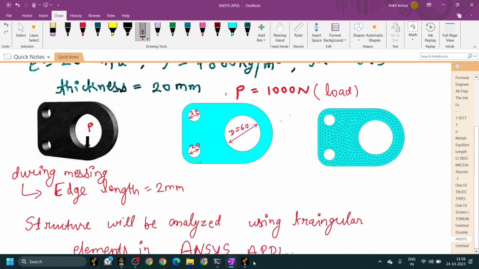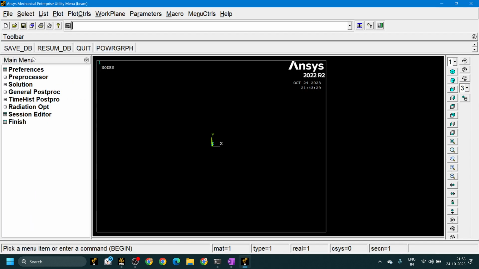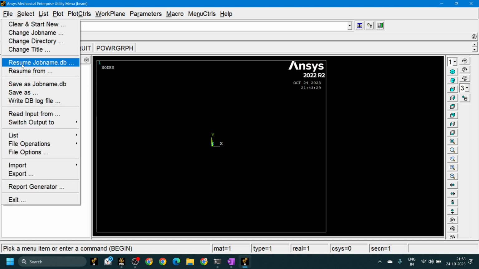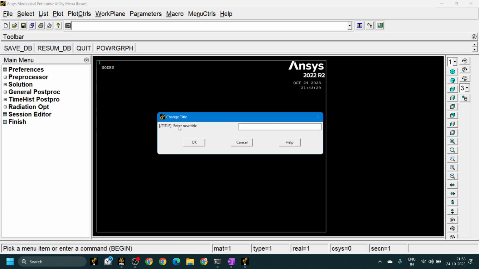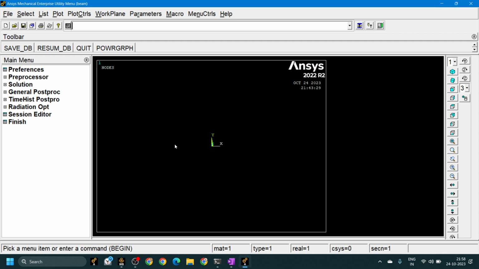Click on the ANSYS APDL software, open it on your desktop or in your system. Now we will assign the title for this project or for this bracket, whatever you are doing. So let's go to File, Change Title. We'll write the title as bracket. After clicking OK,